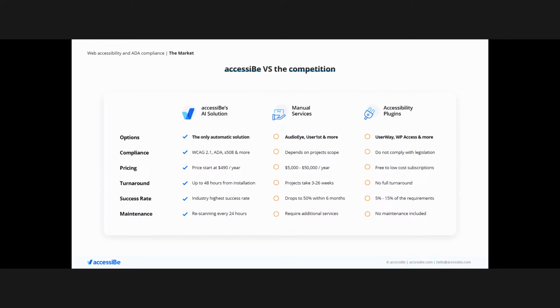You have basically three main types of accessibility, and until accessiBe showed up, it was really only two. The first one of those is accessibility plugins, for instance UserWay or WP Access. Those in general don't comply fully with legislations. They're free to low cost, and they provide maybe 5 to 15% of the requirements for real accessibility. They do a lot of CSS things on the front end, like changing fonts or colors, but often lack more